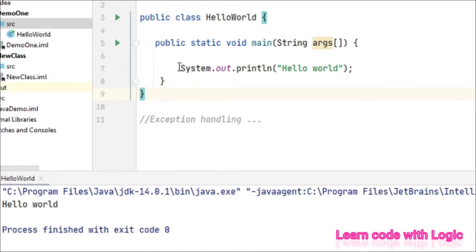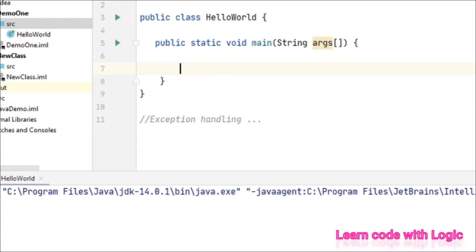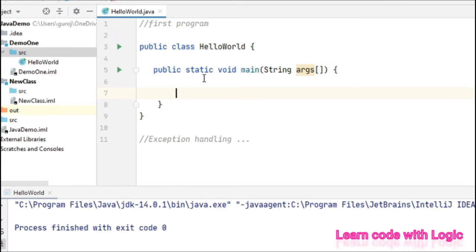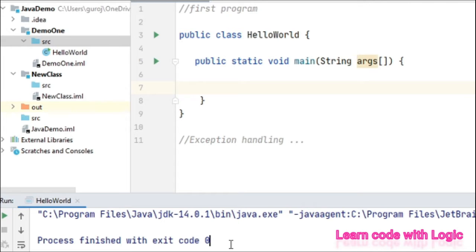Now let's see. I'm going to remove this print stream. Will it execute? Let's see. The code executes and runs perfectly, but when you see the console there is nothing to show, which means it's just an empty Java program.